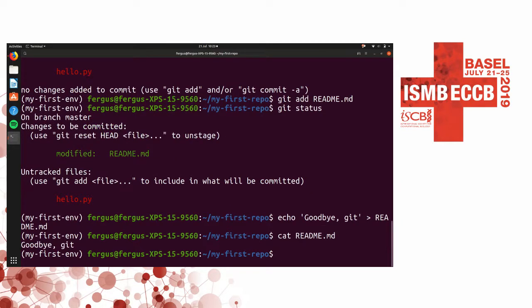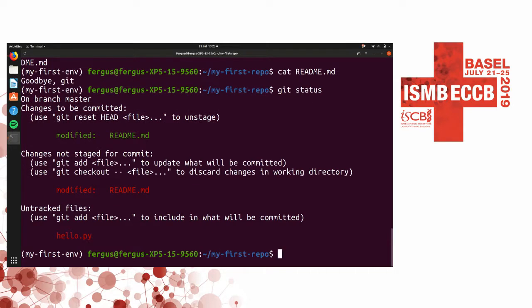I've changed the contents of the Readme file. If I run git status, you can see that the Readme file has once again been modified since our last commit. So if I run git commit right now,